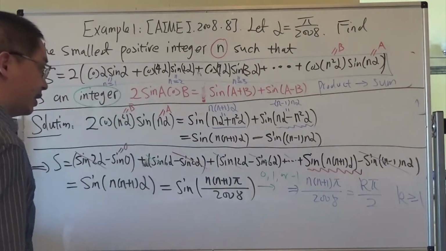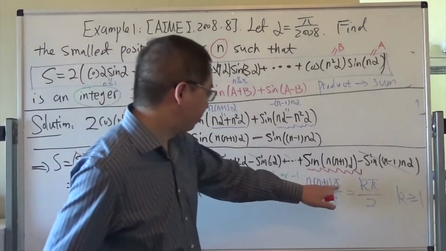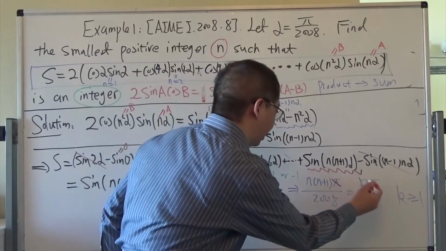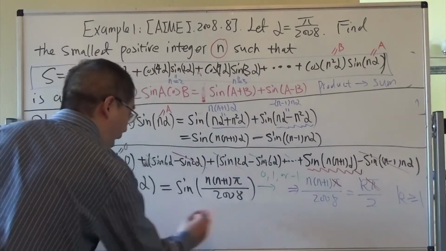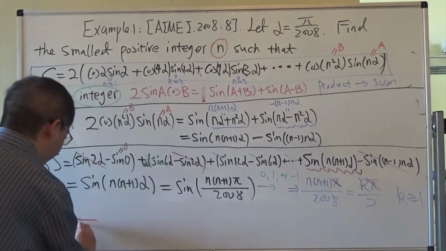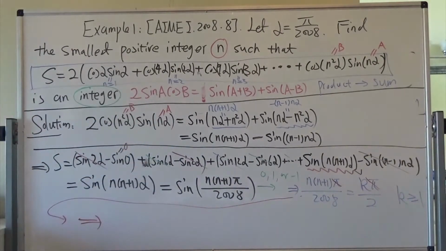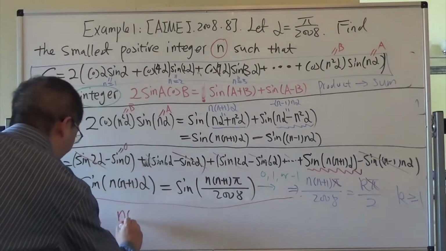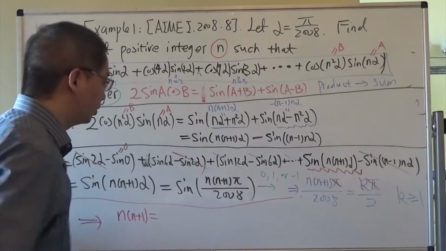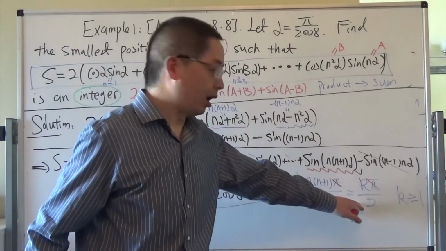Alright, let's first simplify this. We have a pi, they cancel with each other. From here we deduce that n times n plus 1 equals 2008